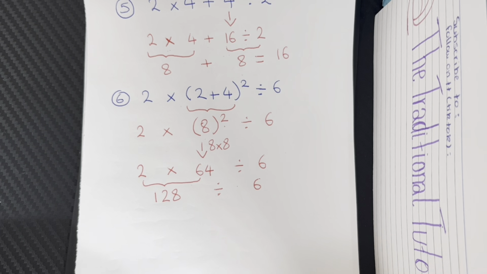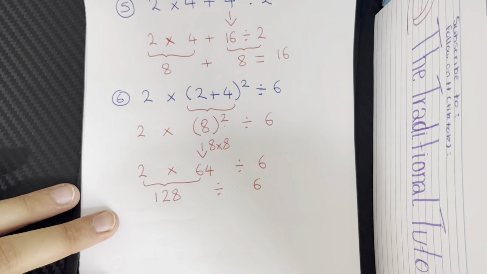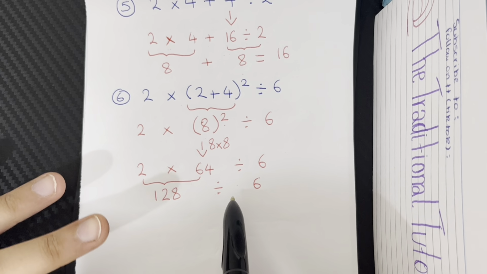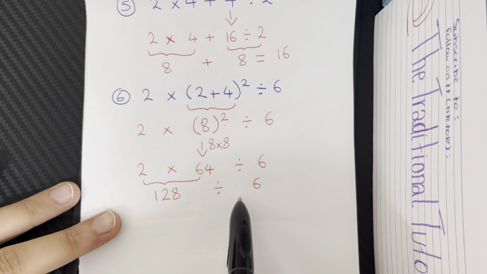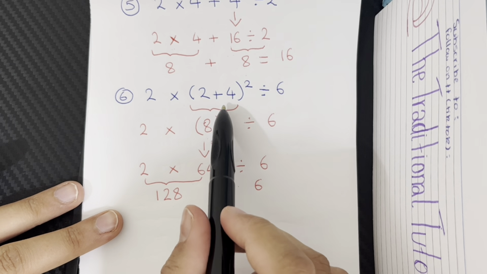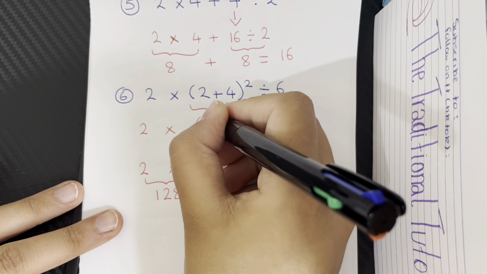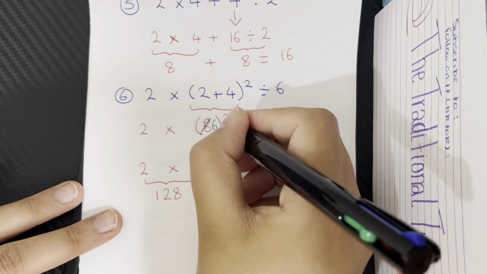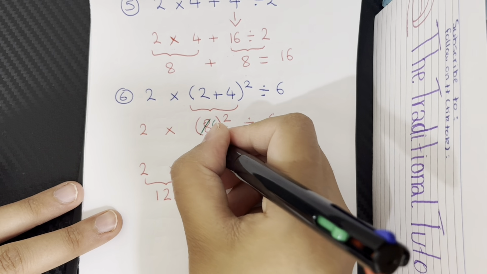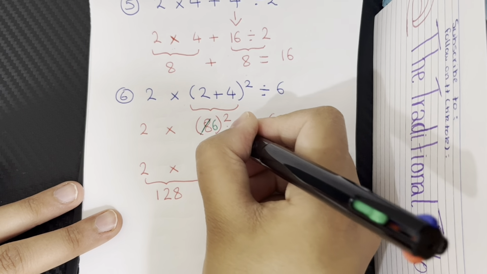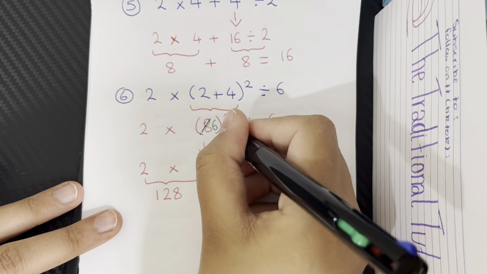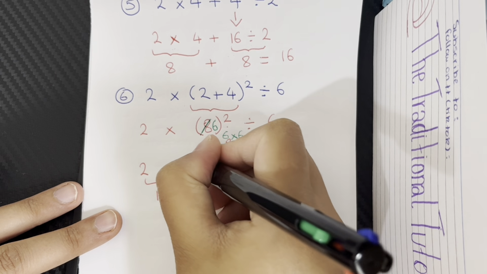Okay, so like any other mathematician and any other student does, I've also made a slight little mistake, which I can see now why 128 divided by 6 is not working. It's not going to give us an integer answer, okay. 2 plus 4, sorry everyone, should be 6, okay. So inside here we should have had 6. So that means we should be doing 6 squared, which is 6 times by 6. I'm just going to correct it all in green pen. And then 6 times by 6 should be giving us